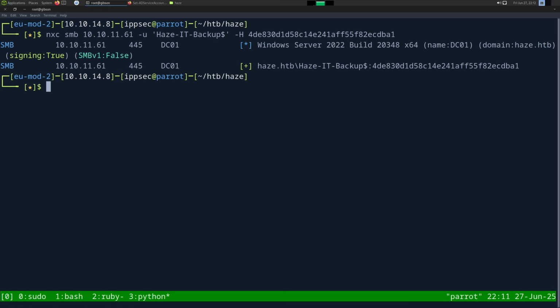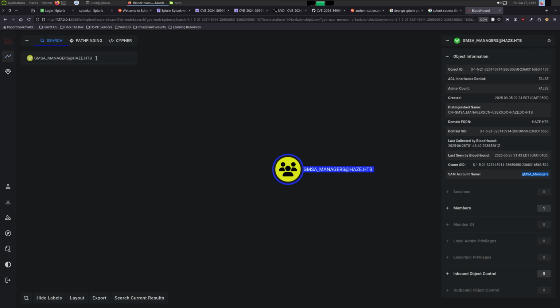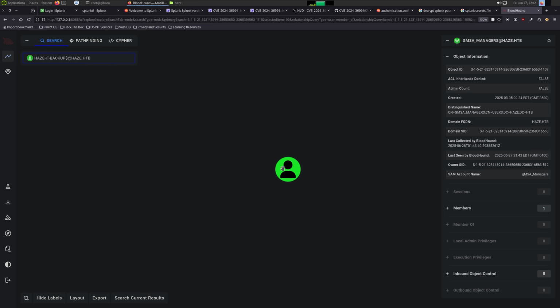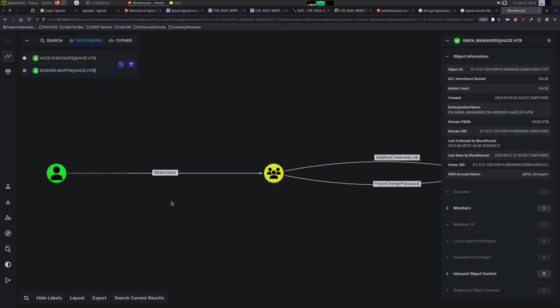And let's see. We have a successful authentication. So let's see what this account can do. So I'm going to go look at Haze IT backup. And we already saw this. We looked at it before, and this user could get to Edward. I'm just going to show it this way so we can see everything on one graph and say what we